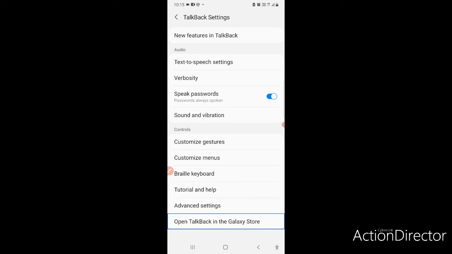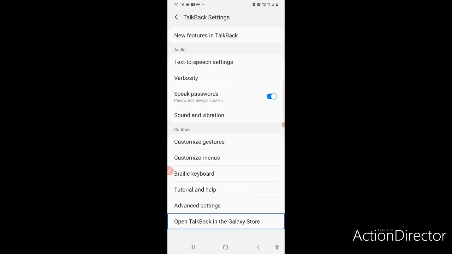Open TalkBack in the Galaxy Store. 13 of 13. Open TalkBack in the Galaxy Store will open TalkBack in Galaxy Store. That is, if you click here, you will come to Galaxy Store. And before that we have advanced settings, so let's move in that and check what is there.